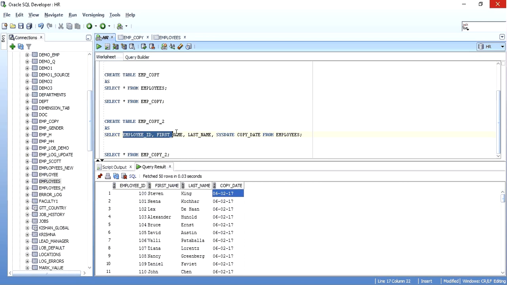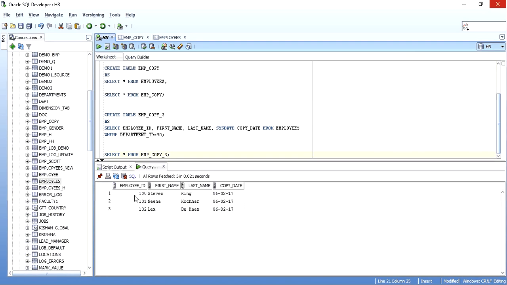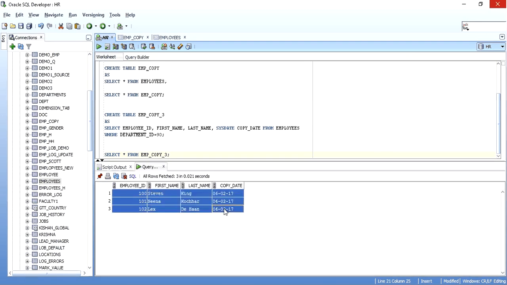Take only the columns that you require, put a where clause over here and take only that data that you require. Say where department ID is equal to 90, nothing else, I only want those rows. I'll just create this as emp_copy_3, and when you select data of this table, you can see only employees with department ID 90 have been created.